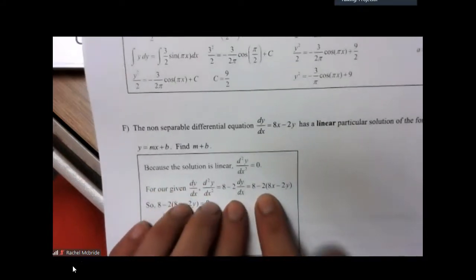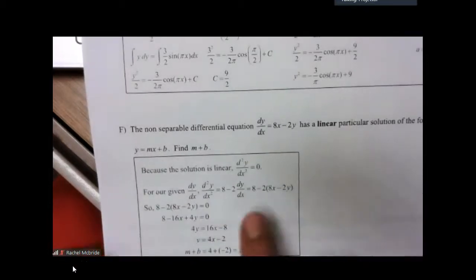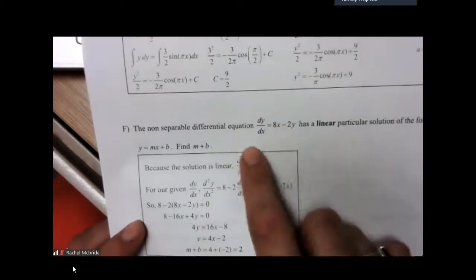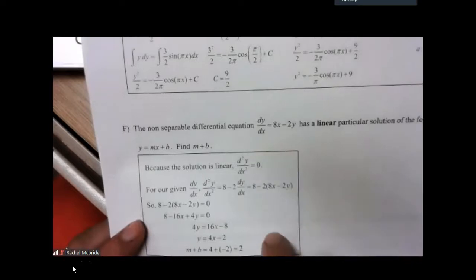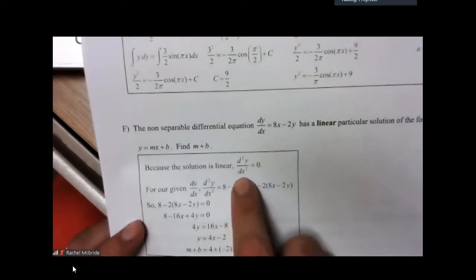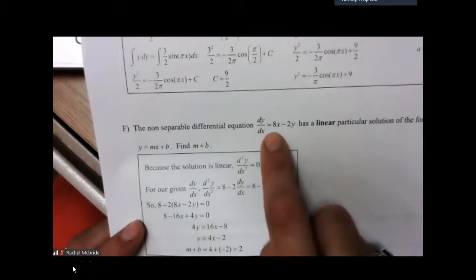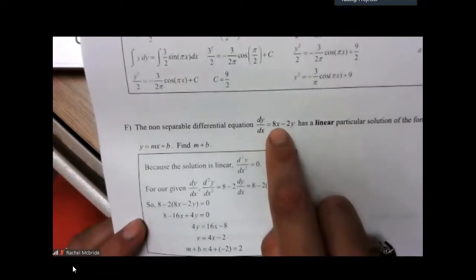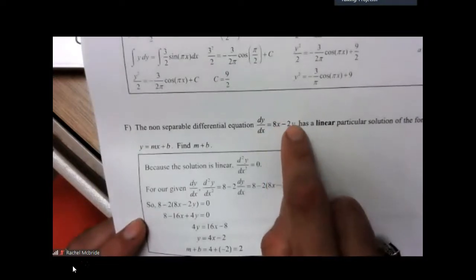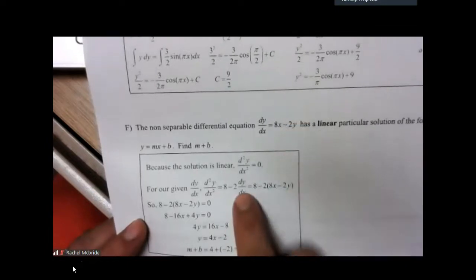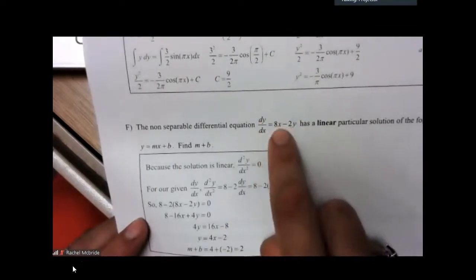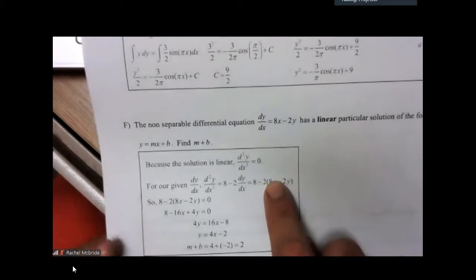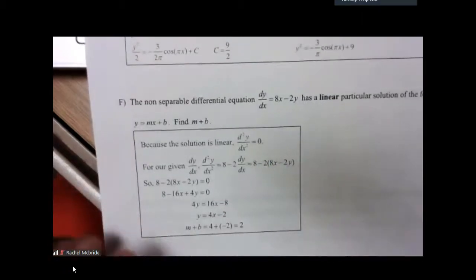Thus, that gets you to the point where we have dy/dx, d2y/dx squared. So you could actually find that second derivative, and you get 8 minus 2, and remember back to implicit days, d2y/dx squared, derivative of 8x is 8, dx/dx, which is 1, minus 2y prime, or dy/dx. But dy/dx is 8x minus 2y, so we plug that back in through substitution, and we get that our second derivative